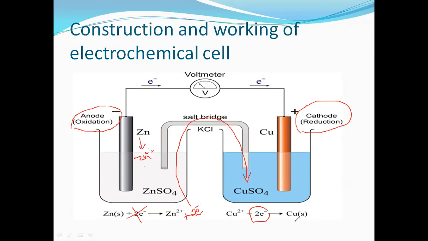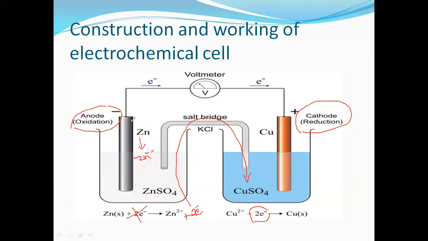Now, the galvanic cell reaction is also known as an electrochemical cell reaction. What is an electrochemical cell reaction? In the electrochemical cell reaction, the zinc rod is placed in the zinc sulfate and the copper rod is placed in the copper sulfate. Zinc sulfate is the anode. Copper sulfate is the cathode. The two solutions are connected along with the medium known as the salt bridge.